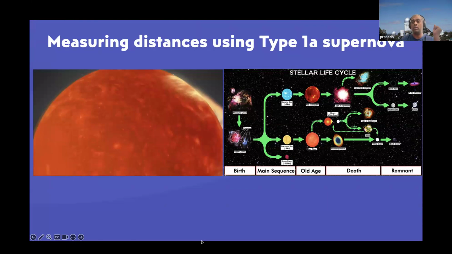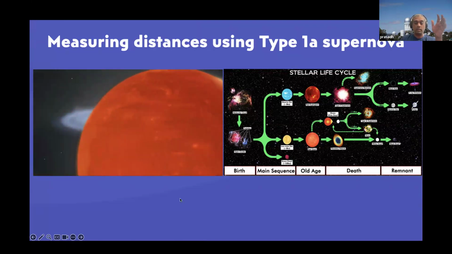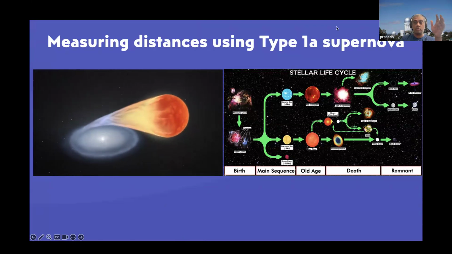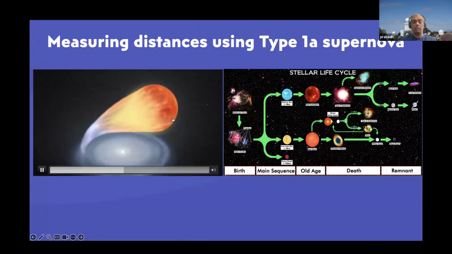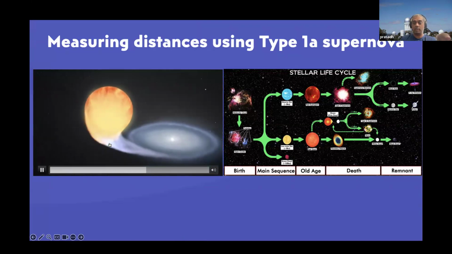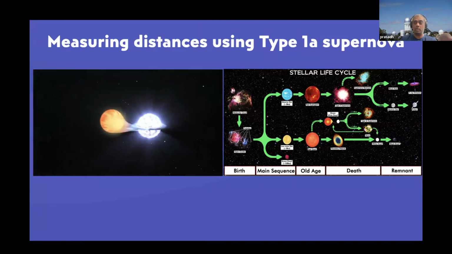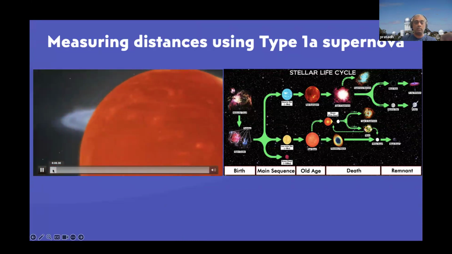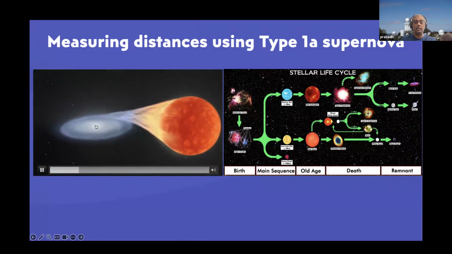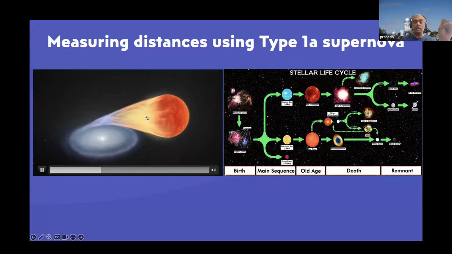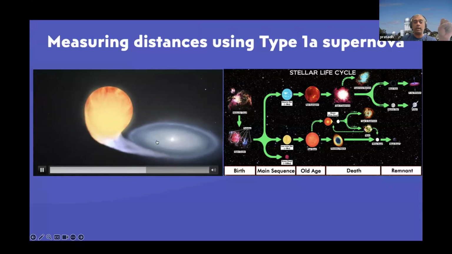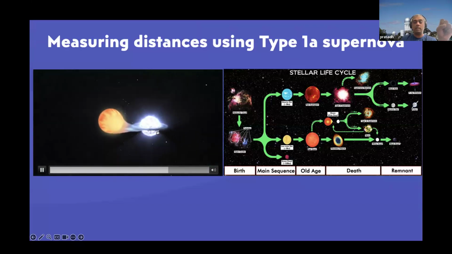And that's what we call a type 1a supernova. Actually, you don't need to know about everything, but if you look at this diagram on the left-hand side, this is exactly what happens during a type 1a supernova explosion, right? So if I play it again, what happens is right here you have a white dwarf star, and there is another star nearby, from which this white dwarf accretes matter due to the gravity. When a certain